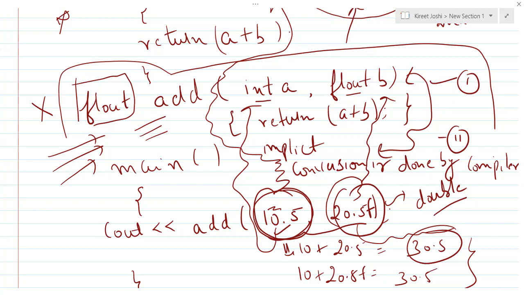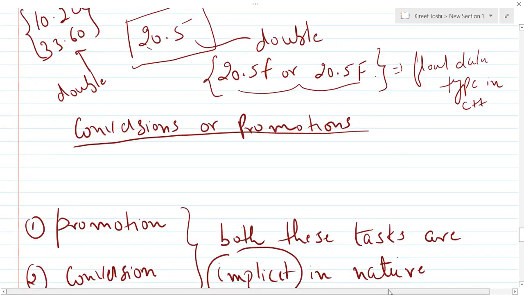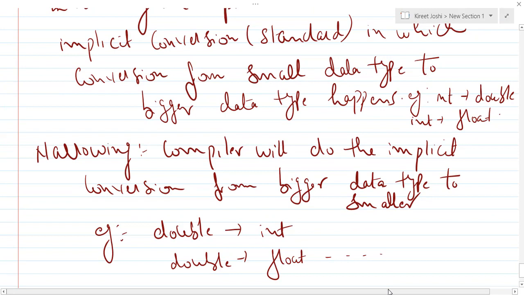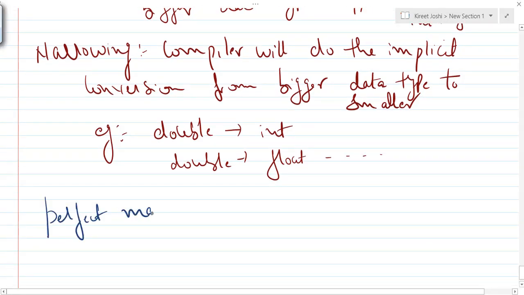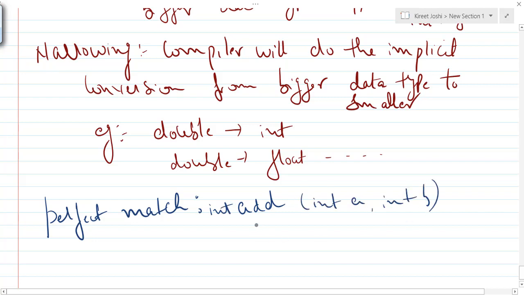So in this way the compiler will search for the best match. You have to remember the rules. And the second is the perfect match. So what is the perfect match? Perfect match means there are no implicit type conversions. For example, if there is a function int add, and I have passed int a comma int b, and inside this I have returned a plus b,